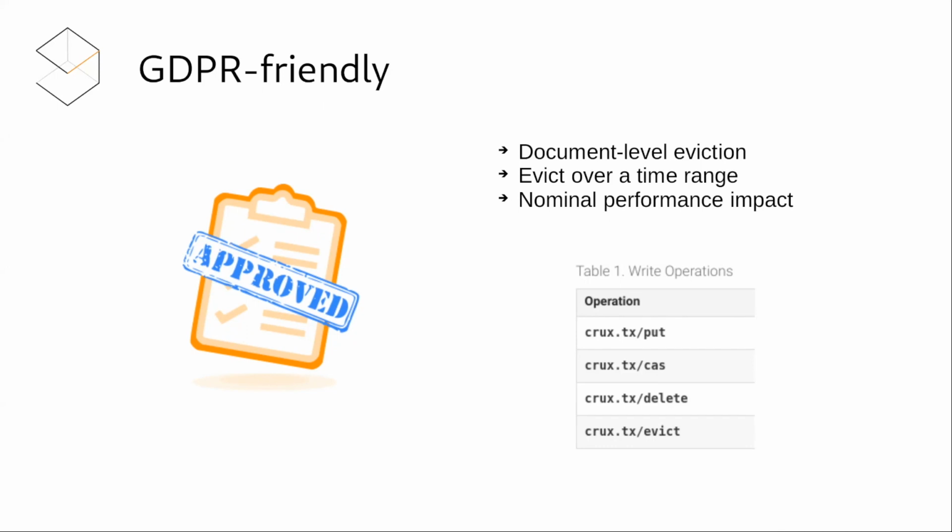Clearly that's very useful, and you can do things like evict over a time range. You can say, well, the document that contains some sensitive information that we should probably delete is somewhere in this range, or maybe there's multiple versions. We will just delete that range, and it will update the Kafka log, delete it from the document. That's why you have 2 logs, and it will go to each of the nodes and delete the indexes in the nodes, so that when they read in the evict transaction, they delete their own indexes. It's a very important functionality, and importantly, it has a nominal performance impact. When you do an eviction, you're actually putting a tombstone in there, which means the performance is negligible. You're not having to rebuild any funky index stuff.